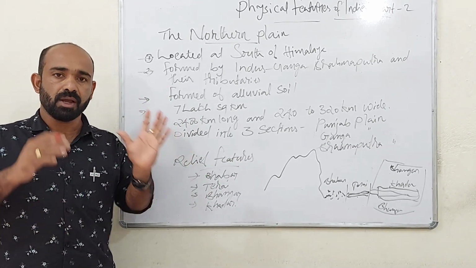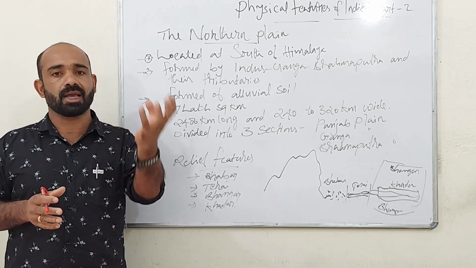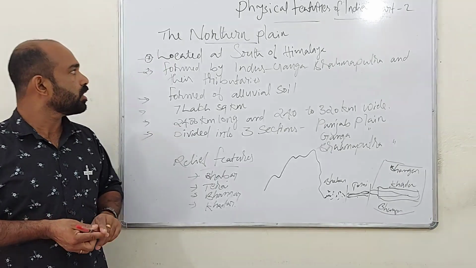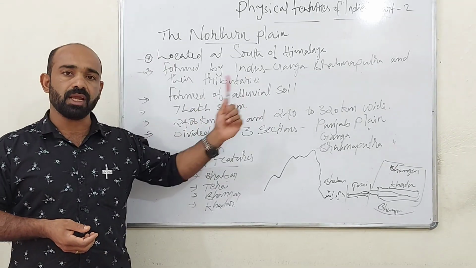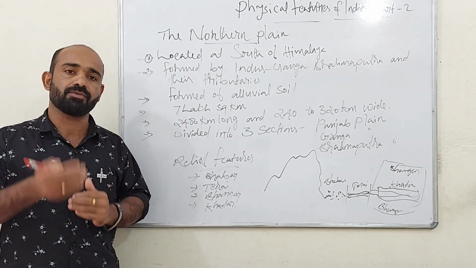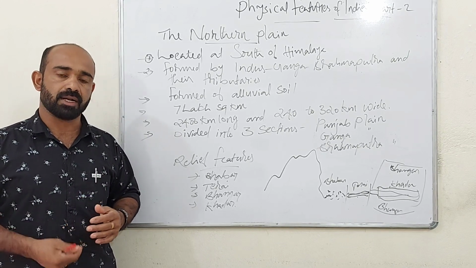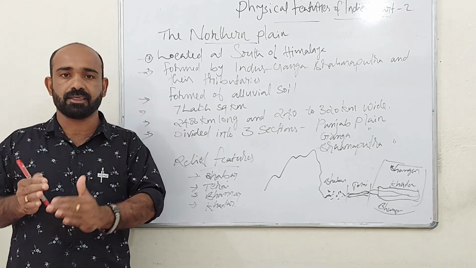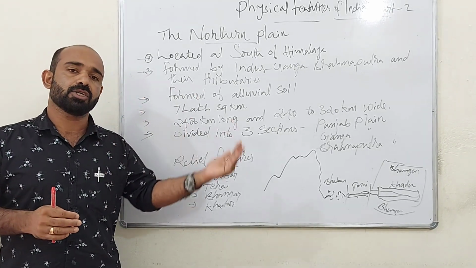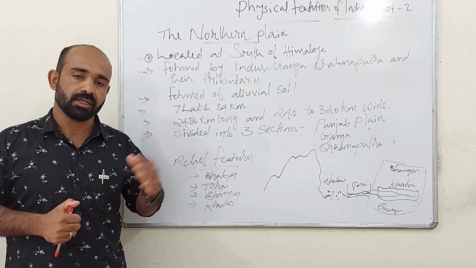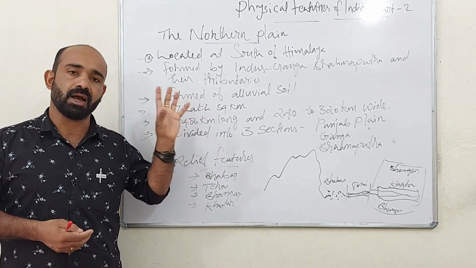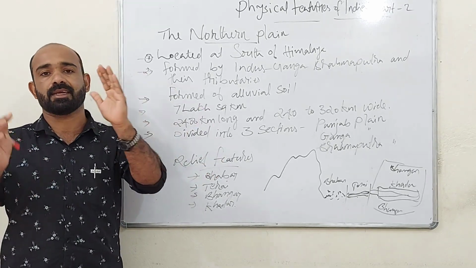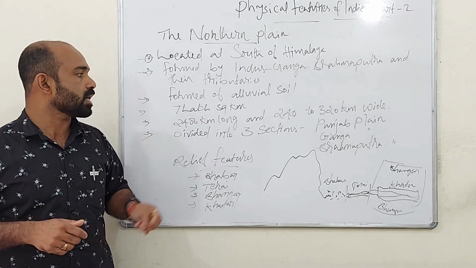This area is formed because of the interplay of Ganga, Brahmaputra and Indus rivers and their tributaries. And we know that actually this area is fully alluvial soil and so suitable for agricultural production. And because of the plain land, favorable climatic conditions, availability of water and suitable soil conditions, this area is very inhabited also. Large number of people are living here, and this area is the most productive region of our country also.